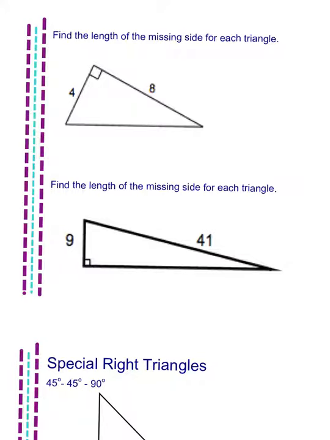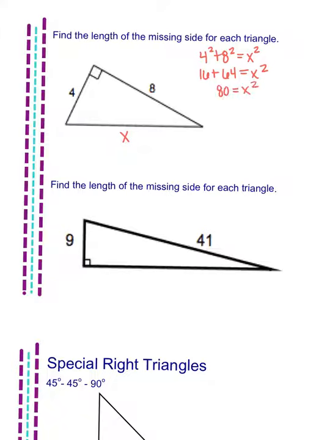Now what we want to do is find the missing side length for each of these triangles. In the first one, I noticed that the hypotenuse is missing, so I'm going to give it a variable x, and then I'm going to use the Pythagorean theorem to set up an equation. So I have 4 squared plus 8 squared is equal to the hypotenuse squared, which I named x. 4 squared is 16, 8 squared is 64. And so when I add those together, I end up with 80